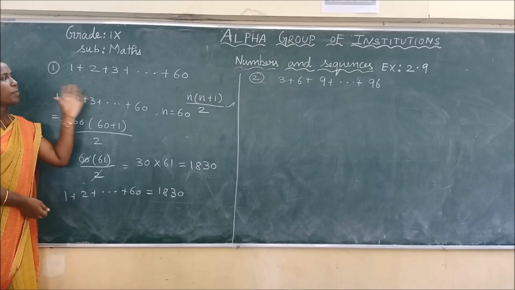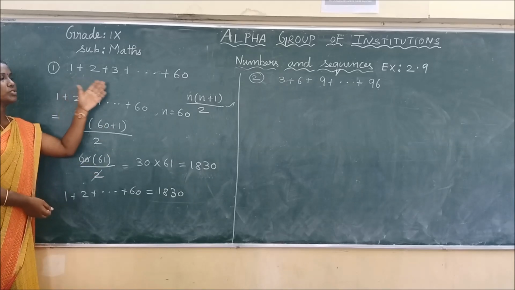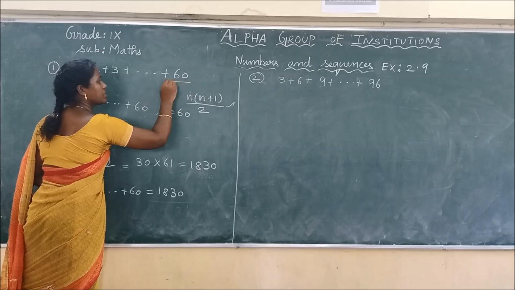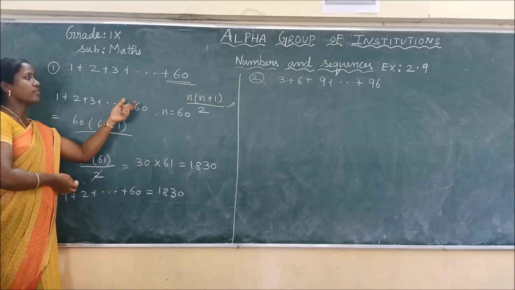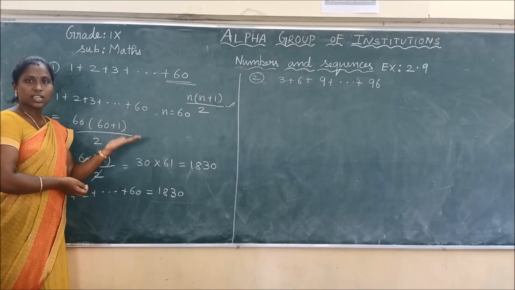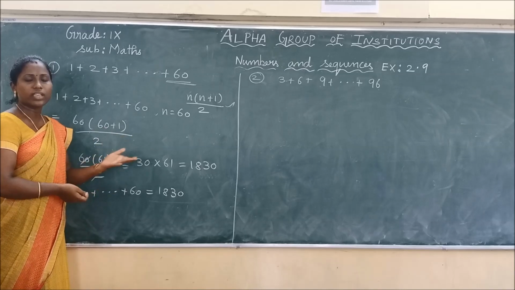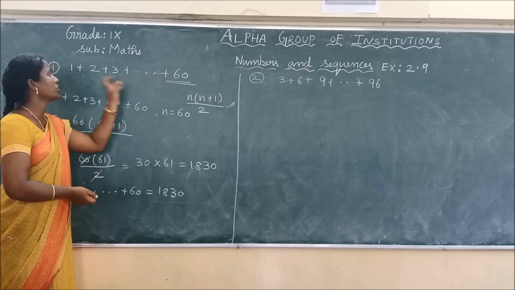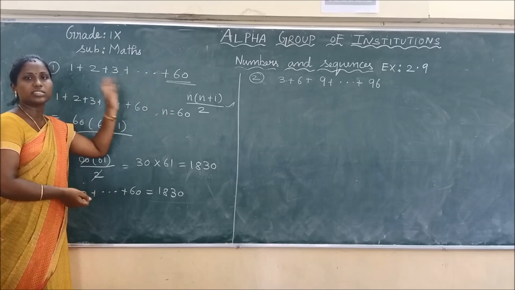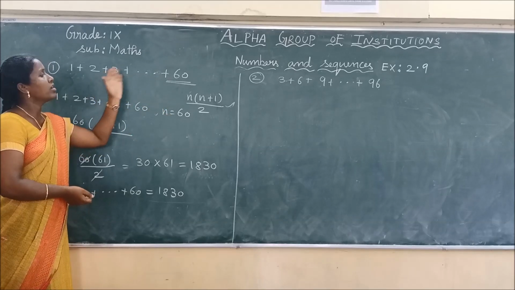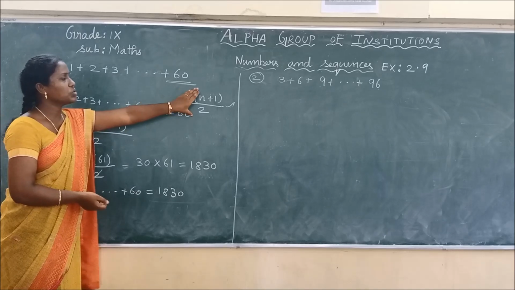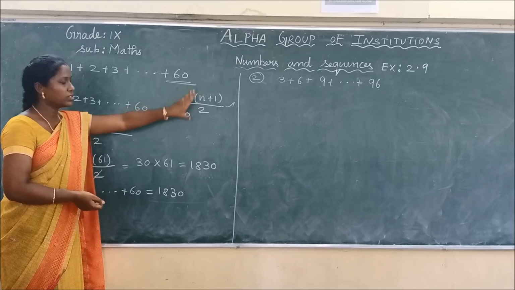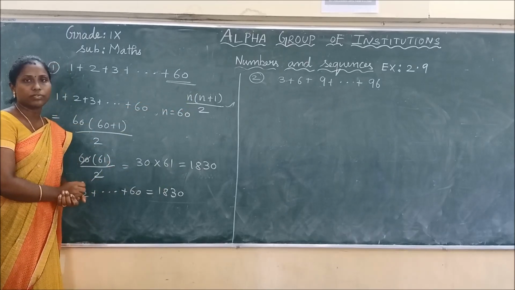Apart from this question, if it starts from 1, 2, 3 etc., whatever the last value is given, we have to consider. Here we have 60. If it is 1000 or 400, 500, anything else, just consider the last value as n. But the question should be first n natural numbers, it should start from 1. Consider the value of n, choose the formula n into n plus 1 by 2, substitute in the formula and find the sum.